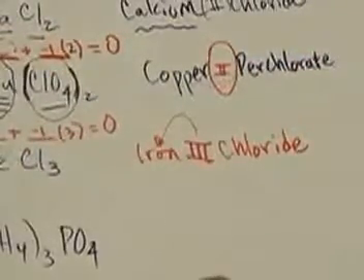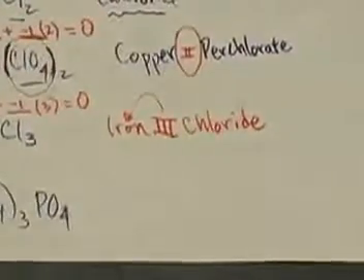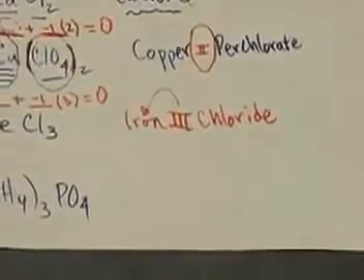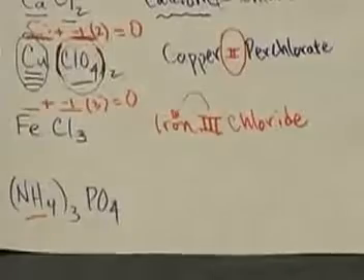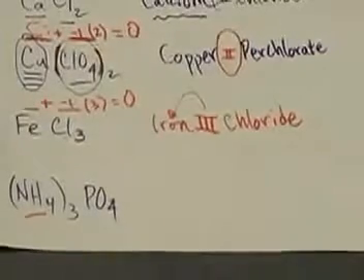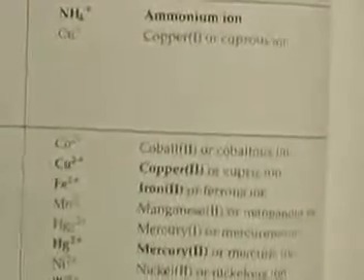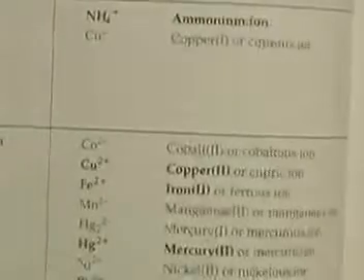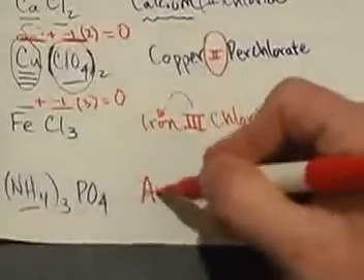Last one, (NH4)3PO4. This one looks difficult. As a matter of fact, it is until you become familiar with your polyatomic ions, your ions that have more than 1 atom in them. Well, if you look up NH4 on your list of polyatomic ions, which if you look on page 62 in your textbook, it'll show you, you'll find NH4 listed right up here at the top. NH4 positive 1 is called ammonium ion. See, NH4 plus? Ammonium ion. So I would just write down ammonium,